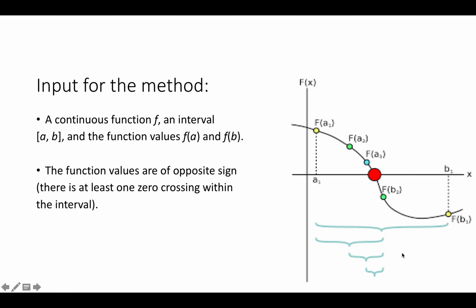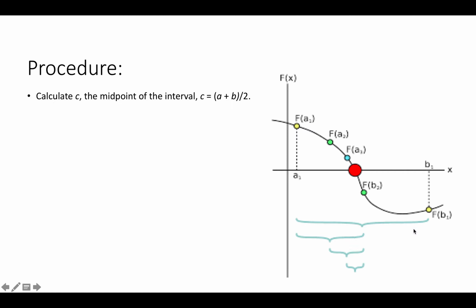So as is clear from this figure as well, you have a bigger interval a and b, I denote it as a1 and b1 for the first iteration. Then you keep on bisecting, so your interval is represented by this curly bracket, and it keeps on shrinking, keeps on reducing on each bisection. Depending upon whether the value of the function at the central point is positive or negative, you can reduce either the left part of the interval or the right part of the interval.